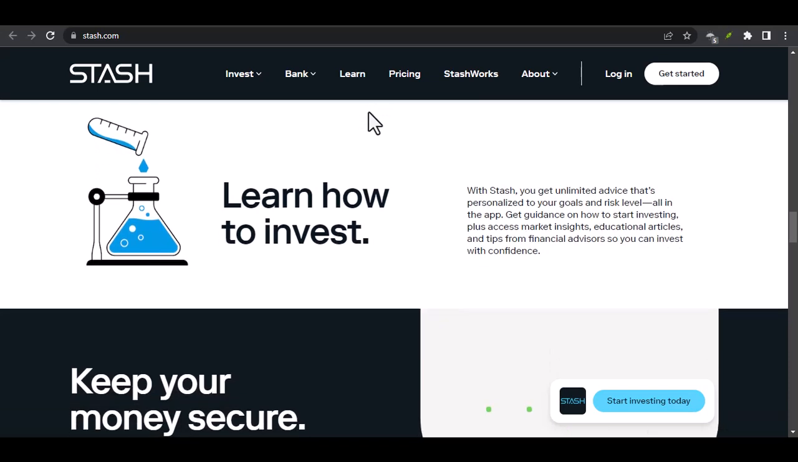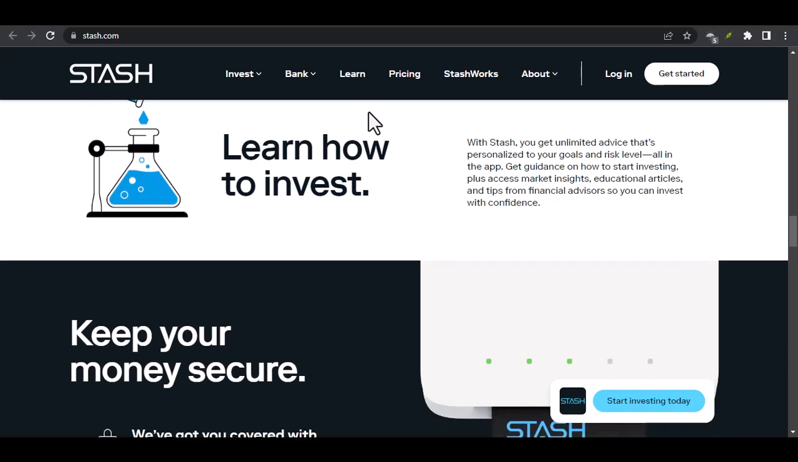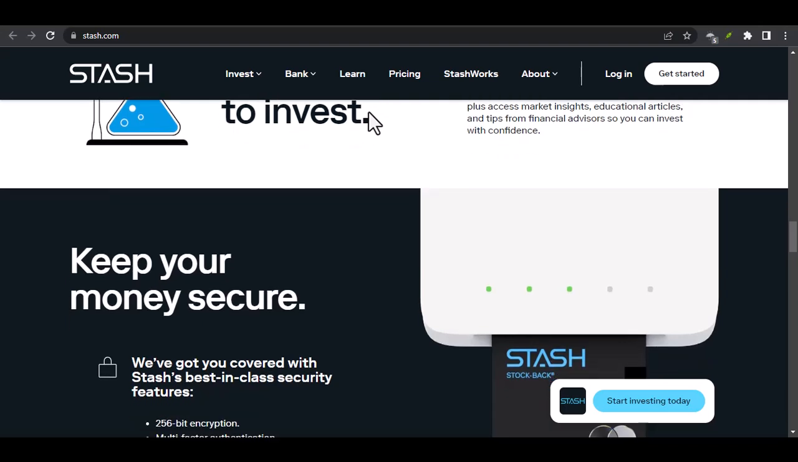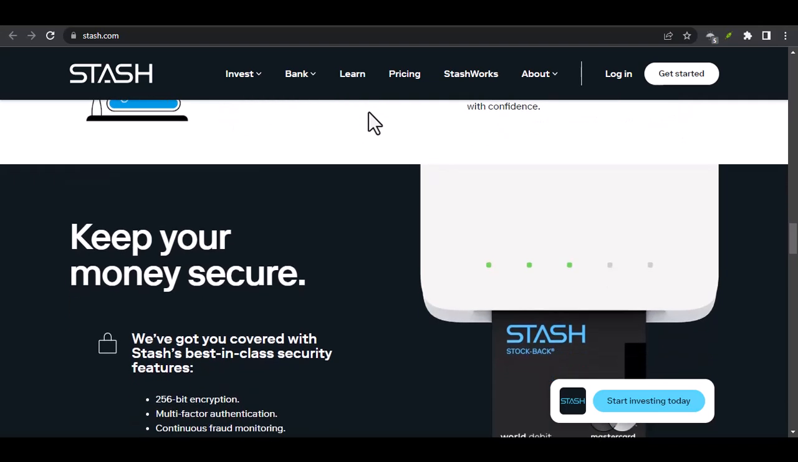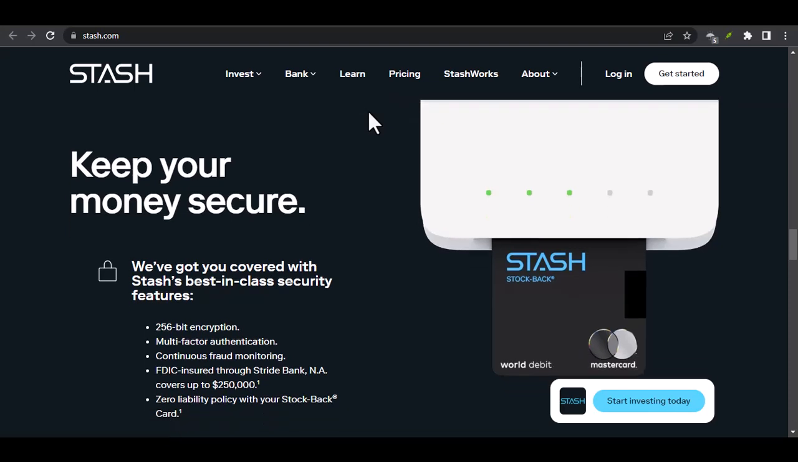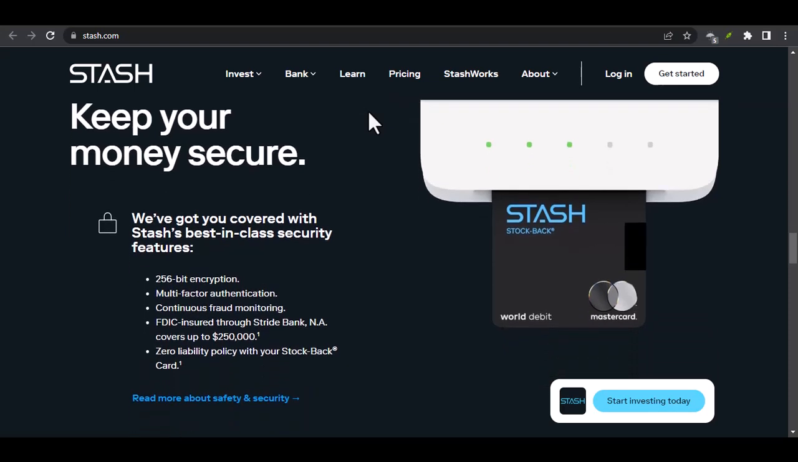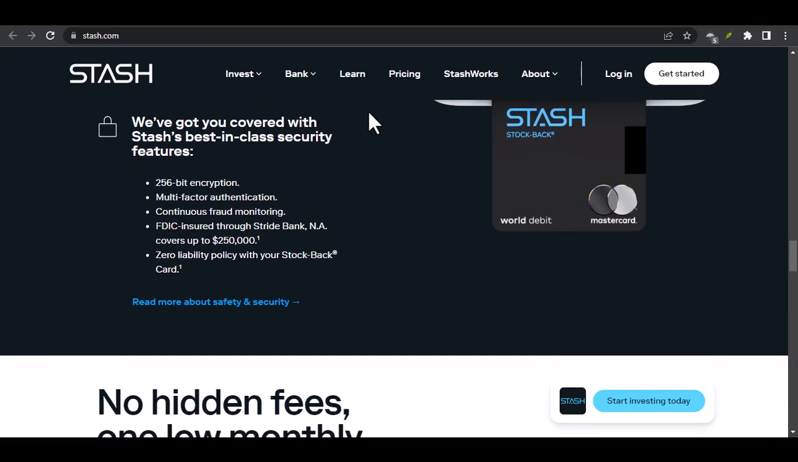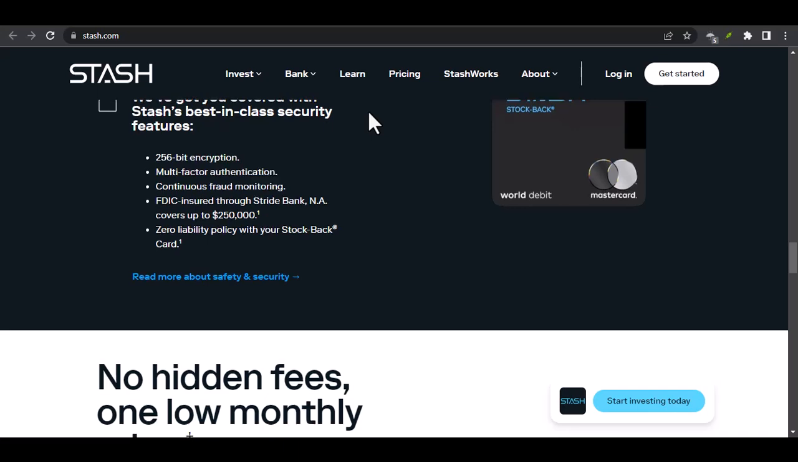Contact customer support. If you encounter any issues or have questions during the closure process, don't hesitate to contact Stash's customer support. Closing your Stash account is a straightforward process, but it's important to follow the steps carefully to ensure a smooth transition. By understanding the process and taking the necessary steps, you can successfully close your Stash account and